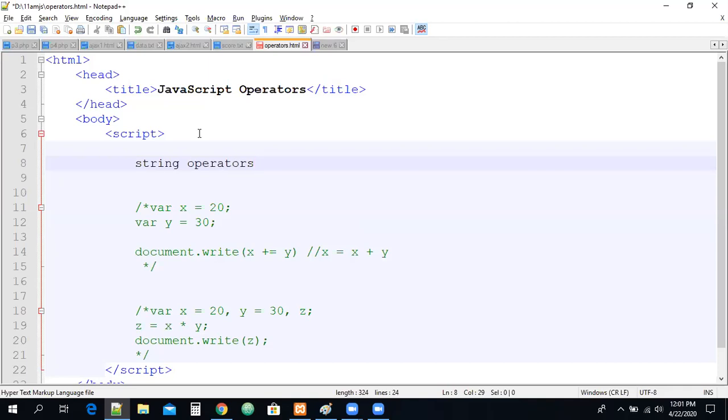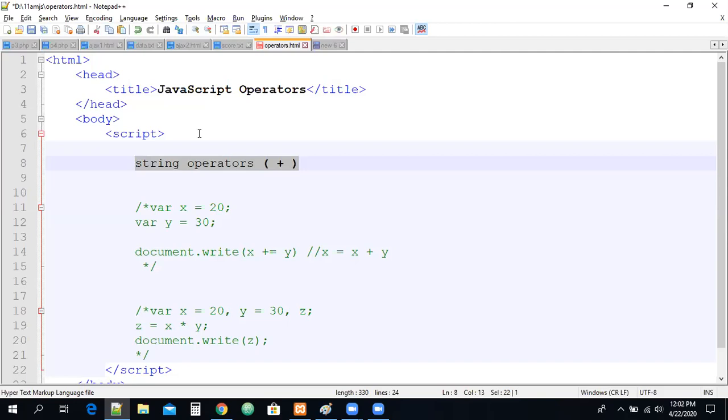In JavaScript, we can use plus as a string operator. This is called the string operator here, guys. The plus operator can also be used as a string operator. Generally plus is used to add two numbers, since plus is generally an arithmetic operator. But when I am adding a string and a number, how is that going to work? We have to check it, guys.